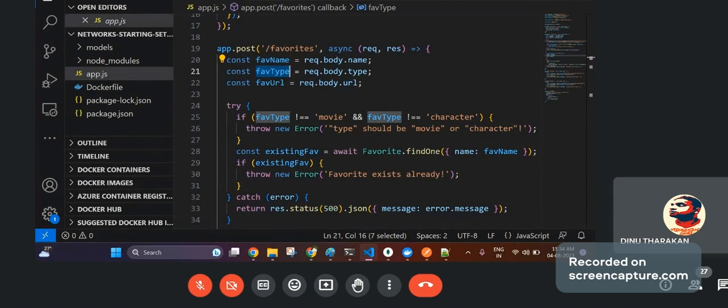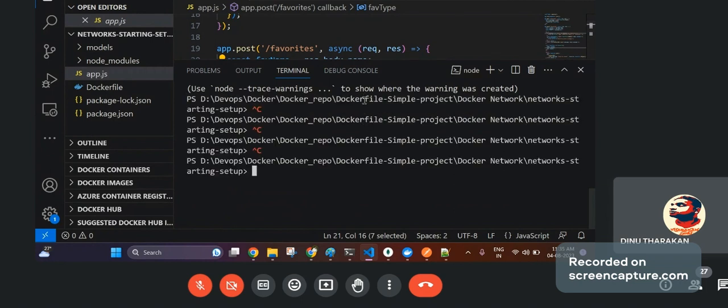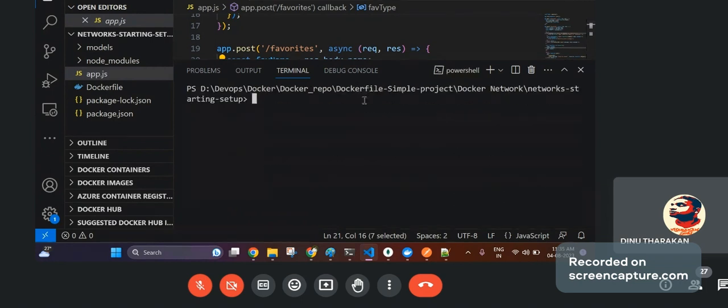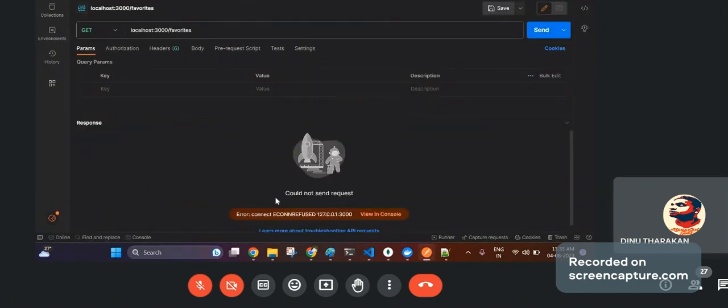Now the team lead is saying, okay, let's deploy this application inside a container. You want to make this application work as a container now. Now comes the actual challenge. Let me stop this application. I can exit like this, so I have exited the application and now nothing will work. If I make a get request, it says connection refused. That means it cannot find the localhost now because we killed the application, right?